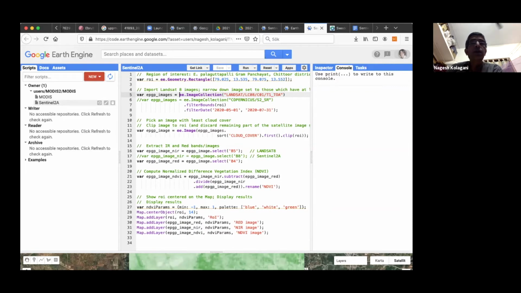So we are saying we are not interested in MODIS now, because when we were looking at the whole of Sweden, we were okay with 250-meter resolution. Now we want Landsat, which is 30-meter resolution. Landsat is from the US Geological Survey, USGS, and that gives 30-meter resolution. I can afford 30-meter because my area of interest is smaller now. So I say I want Landsat, and if you want to use Landsat, you have to use exactly the